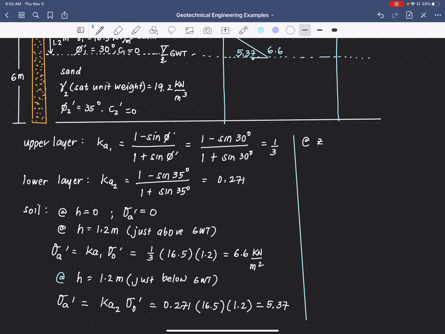At Z, or sorry, I'm using H. At H equals 6 meters, then